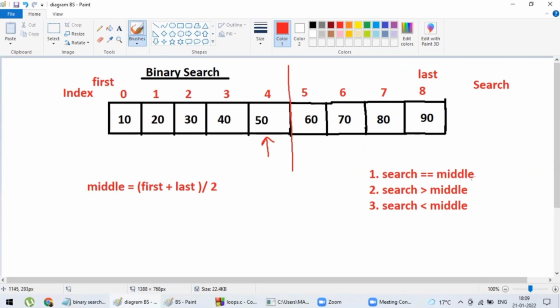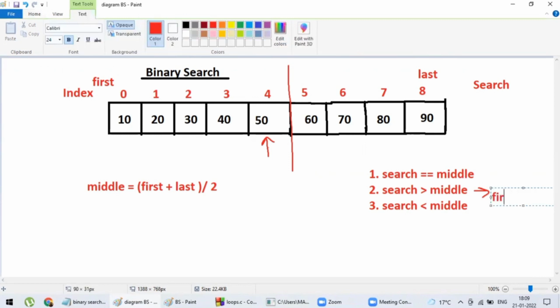That means we have to use this formula in case our searched element is greater than middle element: first equal to middle plus 1, because middle value is 4, so now first is 5 and last is same as 8.